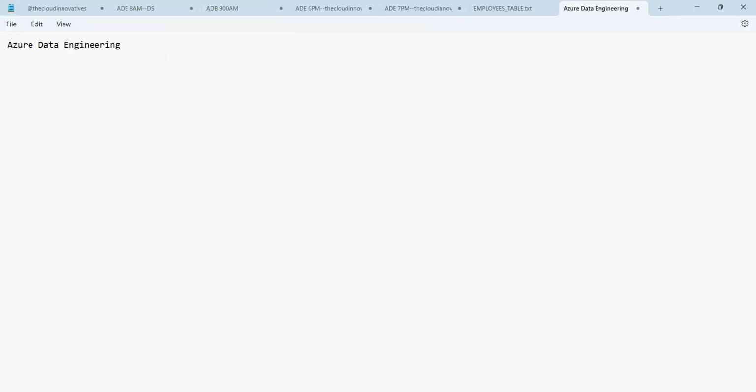So what is Azure data engineering? When we talk about Azure data engineering, everyone, Azure data engineering is basically